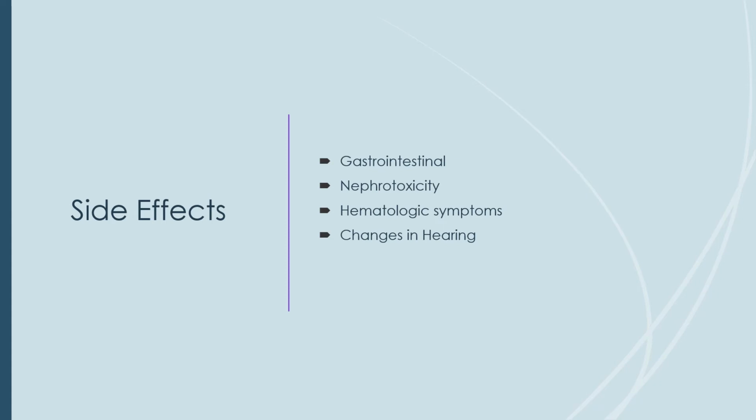There's also decreases in white blood cells, or the immune system proteins, that can lead to increased risk of getting an infection. Then there's changes in hearing, which is also known as ototoxic effects, and this can be caused because of the related peak of plasma concentrations of cisplatin because of the injection. There are some uncommon side effects, which include temporary hair loss, signs of dehydration, and changes in vision.